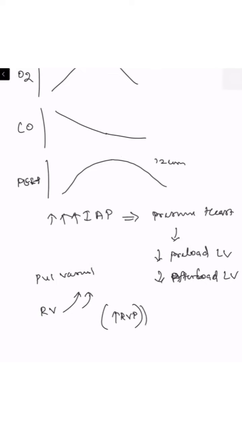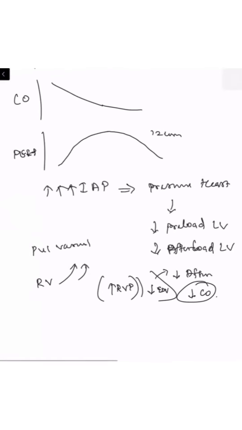So the interventricular septum is pushed into the left ventricle. This will reduce the end diastolic volume of the left ventricle. This will finally reduce the preload as well as the afterload of the left ventricle. So the cardiac output is decreased, and this will reduce the blood pressure. So when you increase the PEEP beyond a limit, you will land the patient in hypotension. So you cannot start patients with a blood pressure of less than 90/60 on CPAP machines.